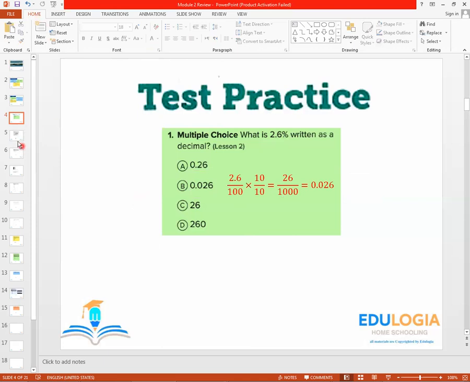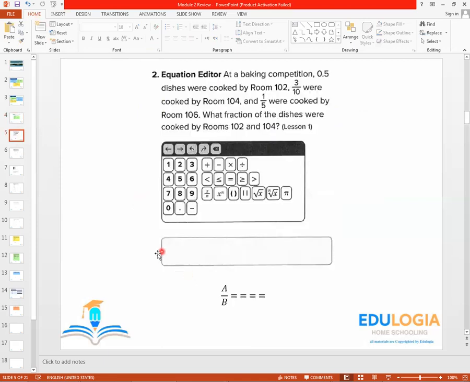Number B is the right solution. New problem here. Equation editor. At a baking competition, 0.5 of the dishes were cooked by room 102, 3 over 10 were cooked by room 104, and 1 over 5 were cooked by room 106. What fraction of the dishes were cooked by room 100 and